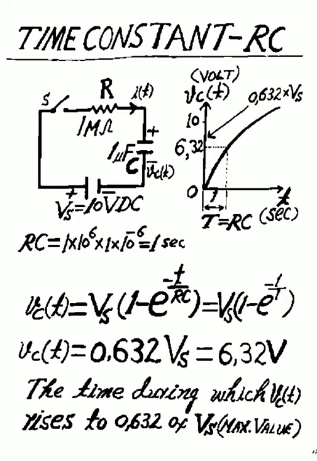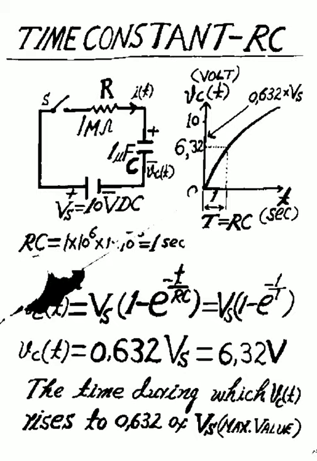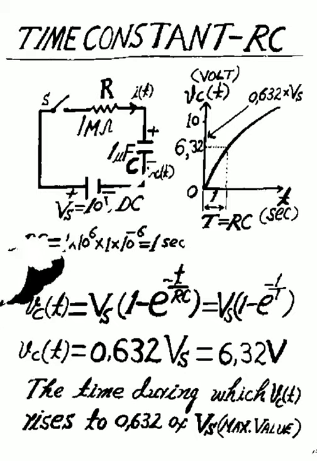When we close the switch S at time t equal to 0, the capacitor C starts charging through resistor R of 1 megaohm. We can see in the diagram at time t equal to 0, the voltage across the capacitor, VC, is 0,